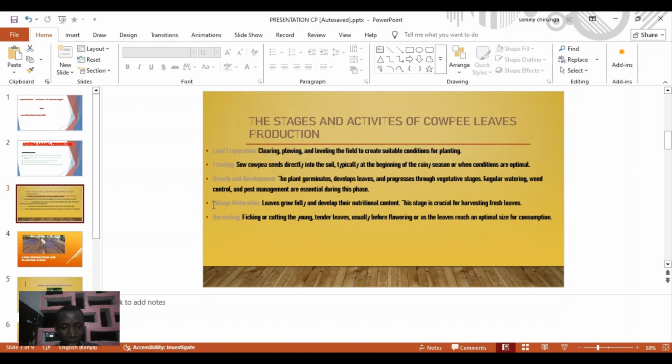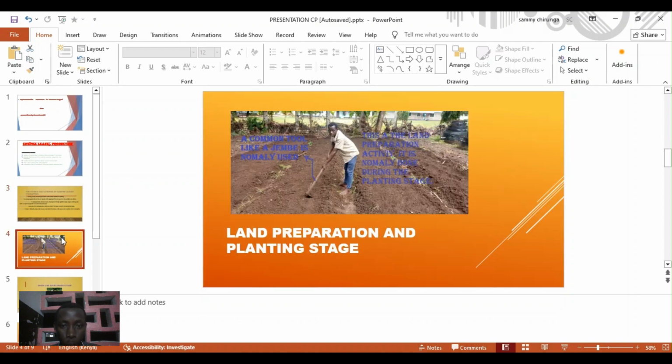Then we have the harvesting itself, whereby we pick or cut the young tender leaves. You have to note they are the young tender leaves, only the young ones, usually before flowering or when the leaves reach an optimum size for consumption. Only the young tender leaves are harvested for consumption by man. Having all those stages, let me now take you through the same stages,